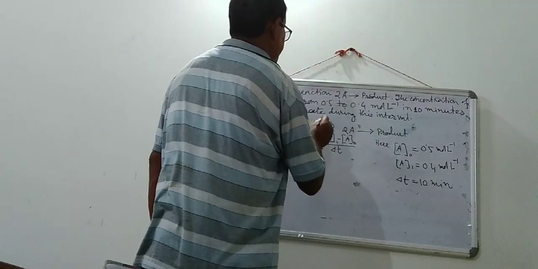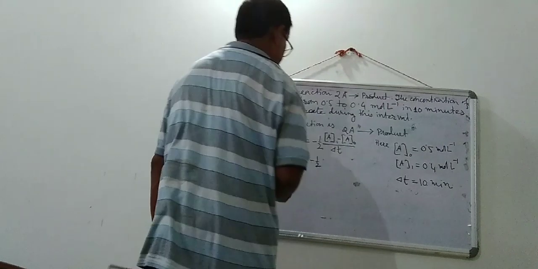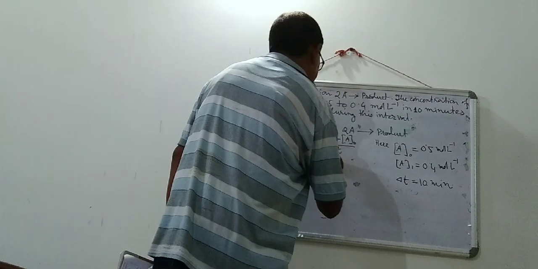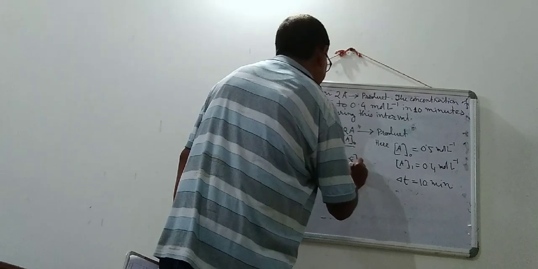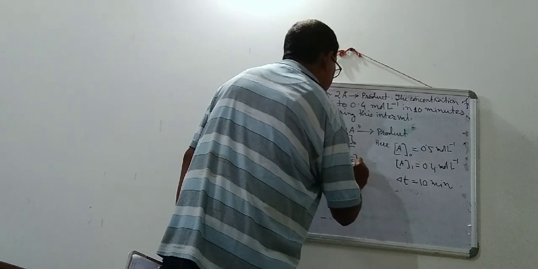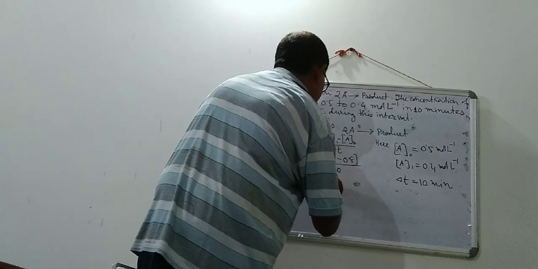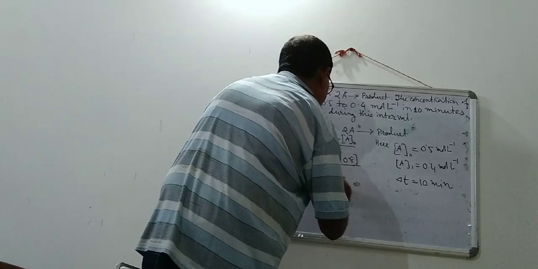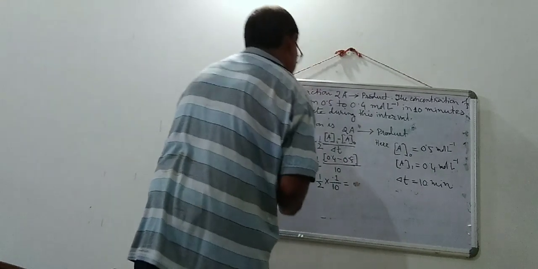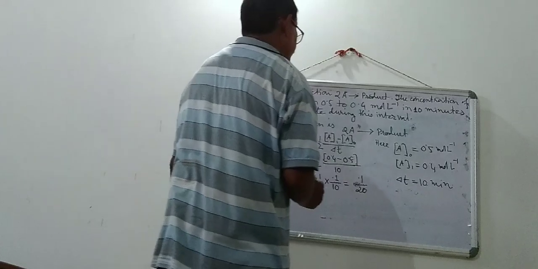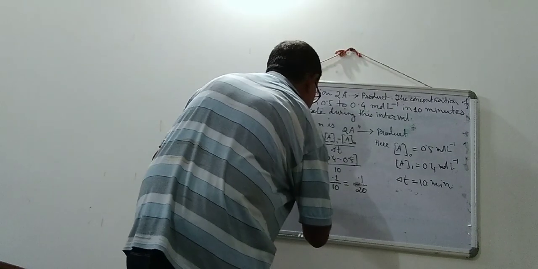equal to minus half, 0.4 minus 0.5 by 10 equal to half into 0.1 divided by 10 equal to 0.1 by 20, or 1 by